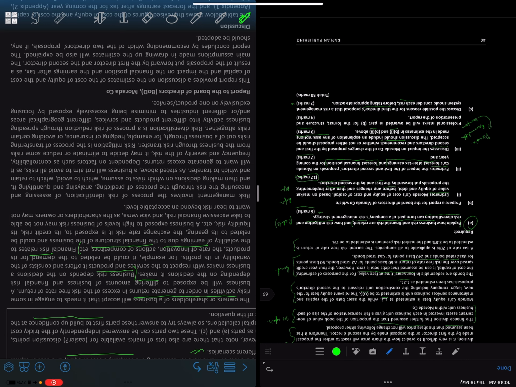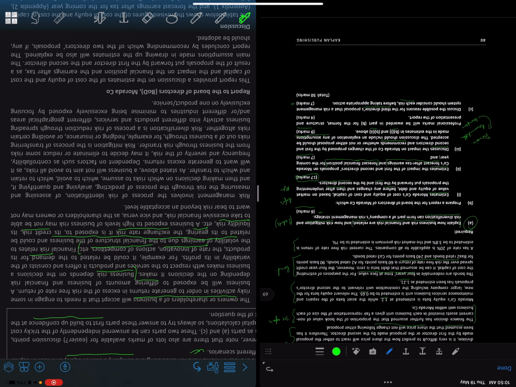Financial risks relate to the volatility of earnings due to the financial structure of the business, and could be related to gearing and exchange rate risks. It is exposed to credit risks and liquidity risks, right? It's associated with its gearing, exchange rate risks, credit risks, and then the liquidity risks, right? All these are